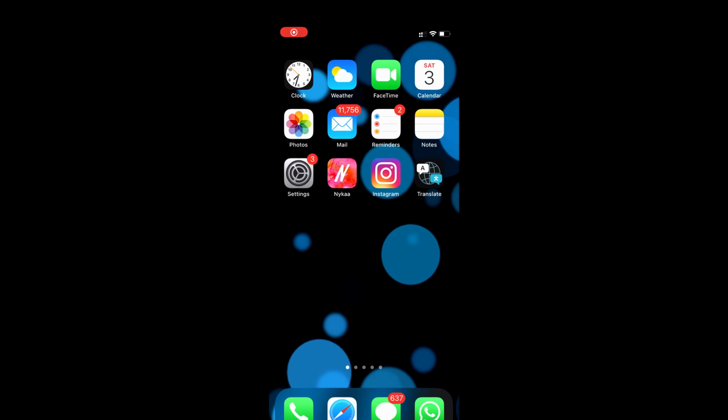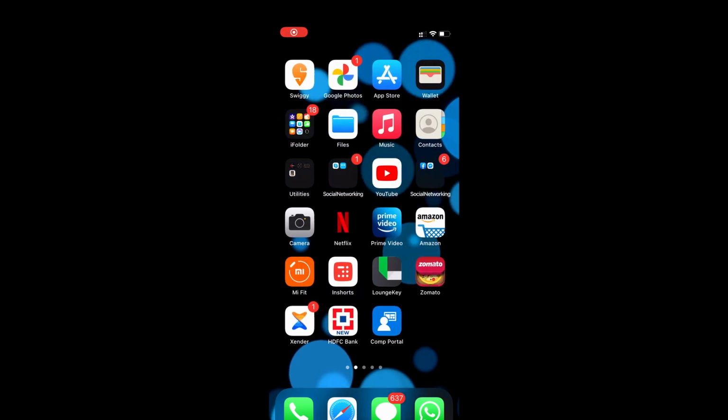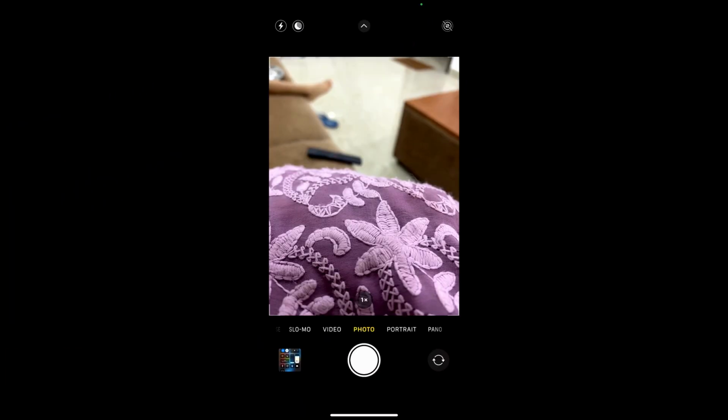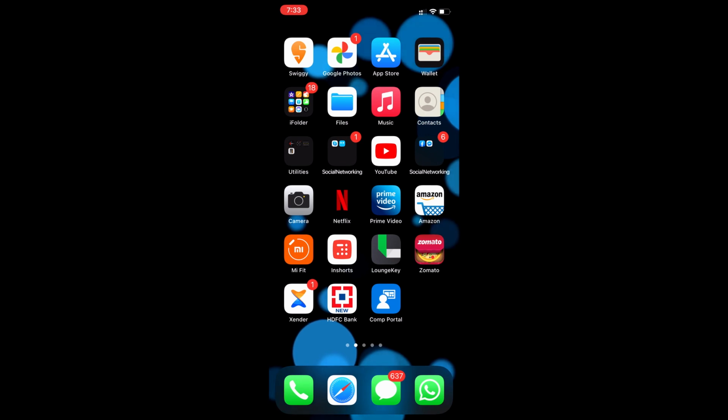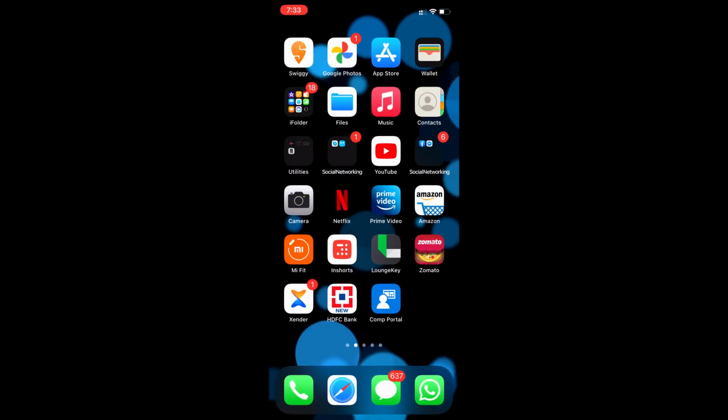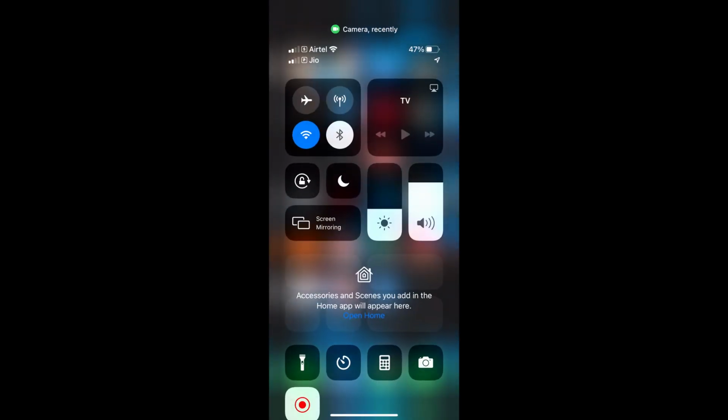The recording indicator is another feature that we have now. The recording indicator helps us identify if our device's camera or microphone is in use. See the green icon in the top right side, which indicates that our camera is in use. In the Control Center you can always see which app has used your camera or microphone. This is a very useful feature that we have with the iOS 14 upgrade.